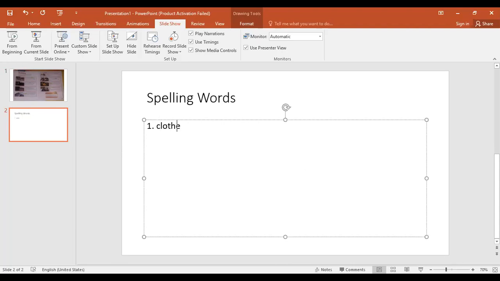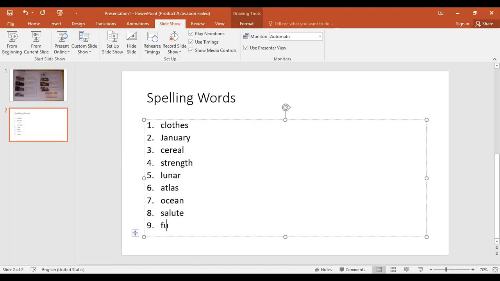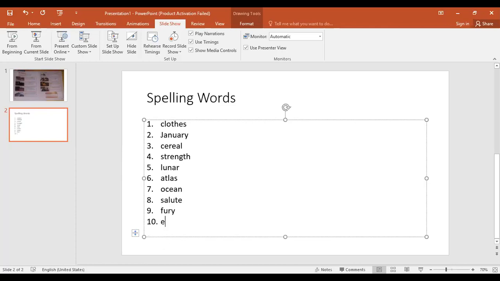Number one, and these spelling words this week are very easy. Clothes, but pay attention to the capital letters if you have a proper noun. Okay, we have clothes, January, cereal, strength, lunar, atlas, ocean, salute, fury, echo, cycle,